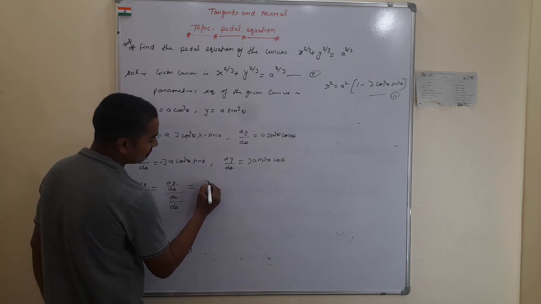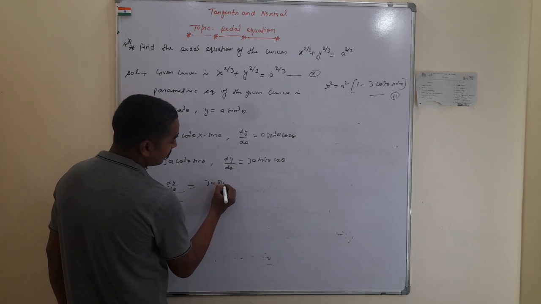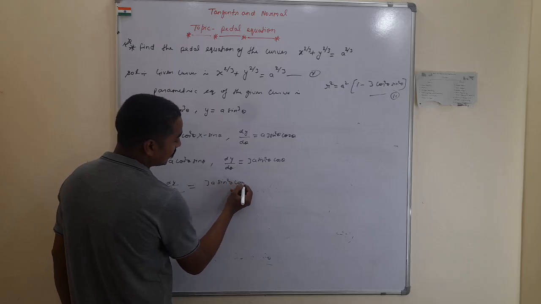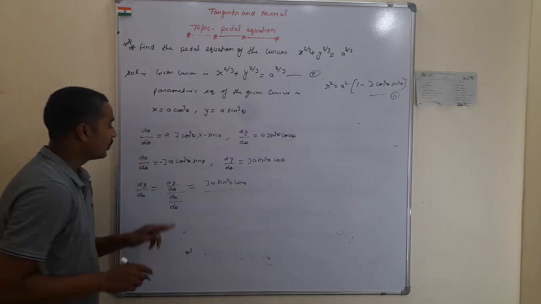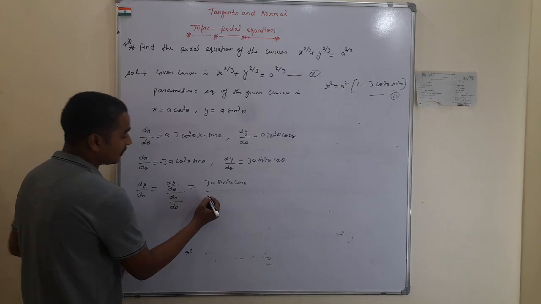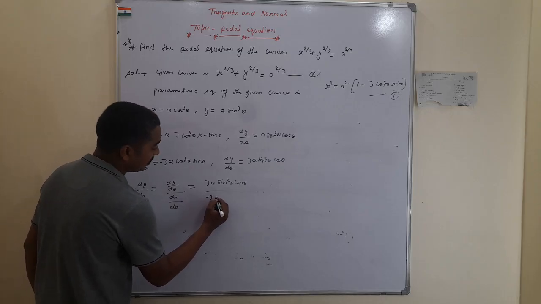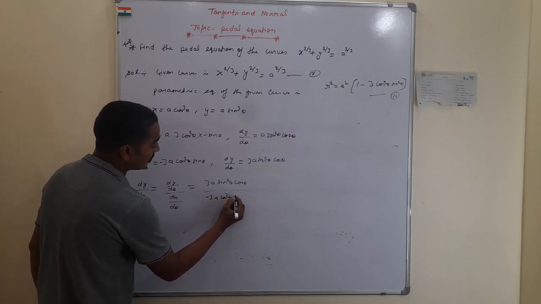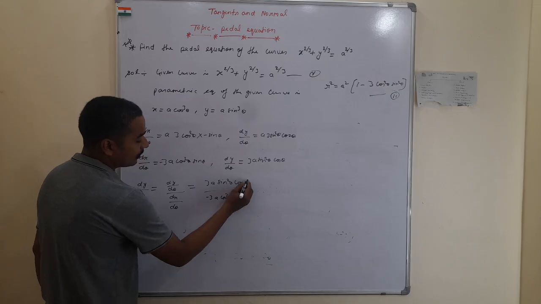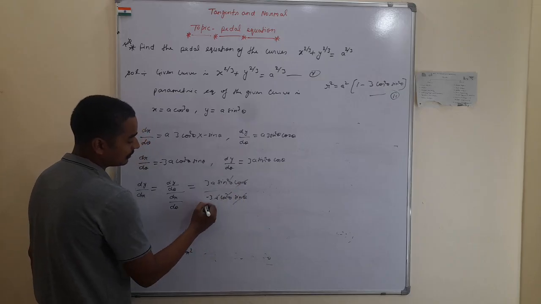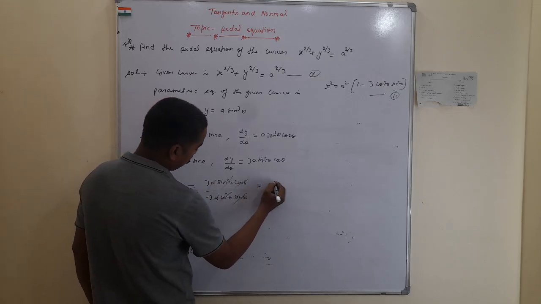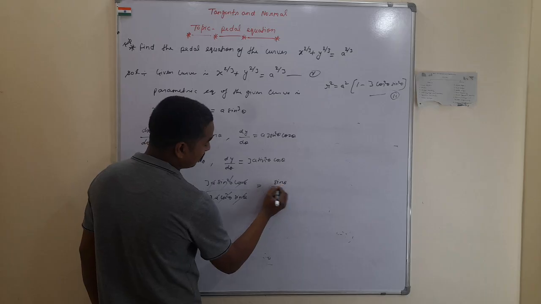Putting the value here, 3a into sin square theta into cos theta upon, putting the value of dx upon d theta, this is minus of 3a into cos square theta into sin theta. We have to cancel out the terms, then remaining is sin theta upon cos theta,